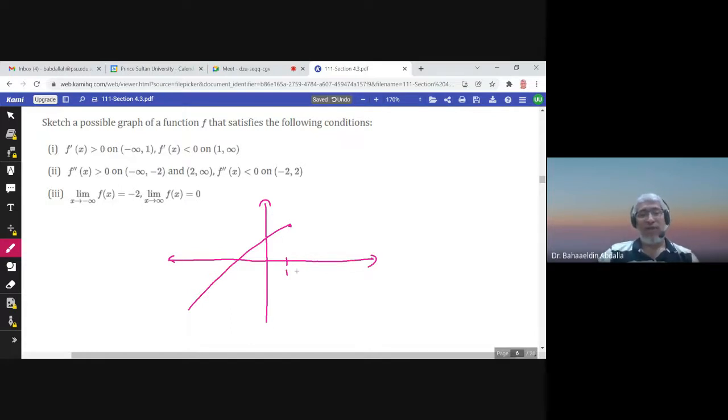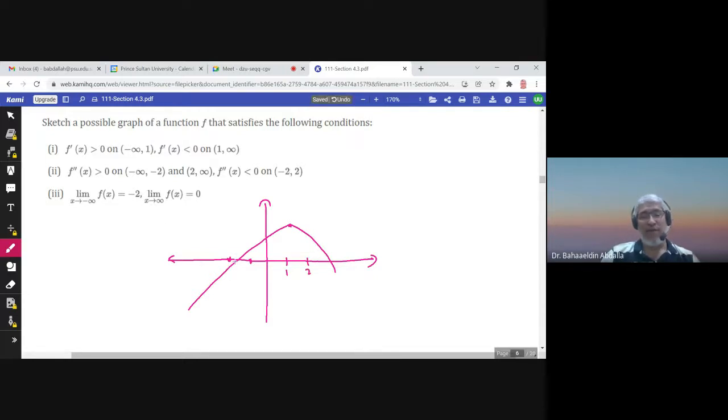From 1 to infinity, f is decreasing. So I can just draw it like this. This graph would be fine because to the left of 1, it is increasing, and to the right of 1, f is decreasing. Good. Now look at part B. f double prime from negative infinity to negative 2. Okay, so I have negative 2 now. If this is negative 2 and this is 2,